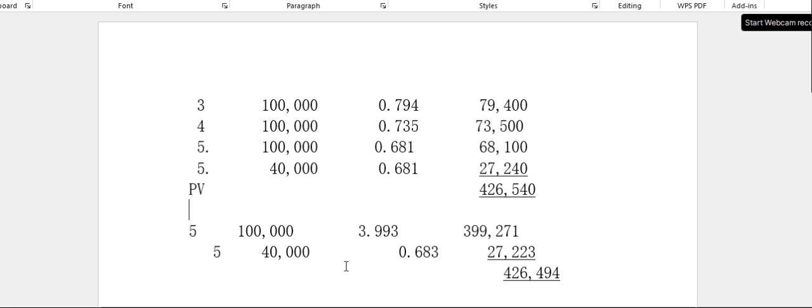Using annuity, we are going to get this for year 1 to 5. For year 1 to 5, the cash flow is the same thing per year, 100,000, 100,000. If you use your annuity factor, you are going to get 3.993. And I told you the formula for annuity is 1 plus